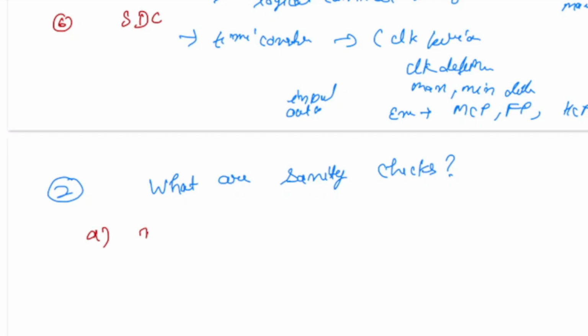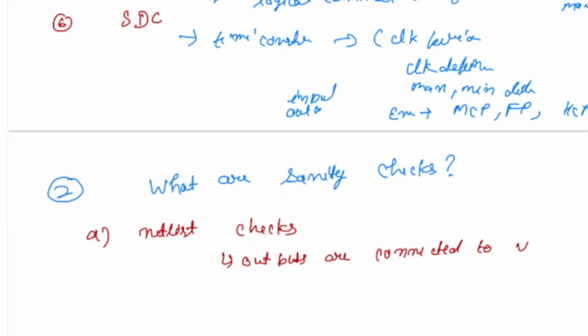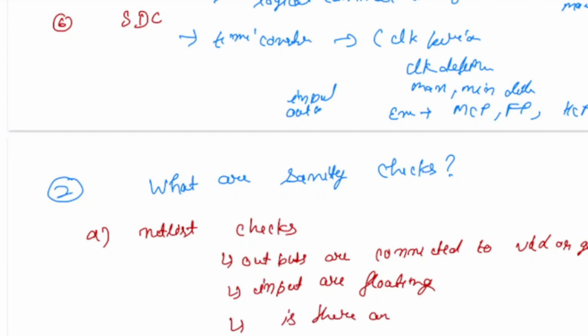First we do the netlist check, in which we check whether outputs are connected to VDD or ground, whether inputs are floating, whether there is any tri-state buffer,